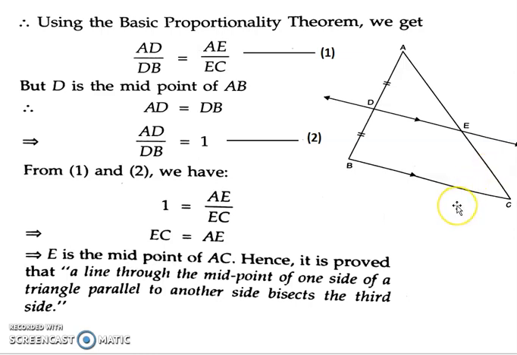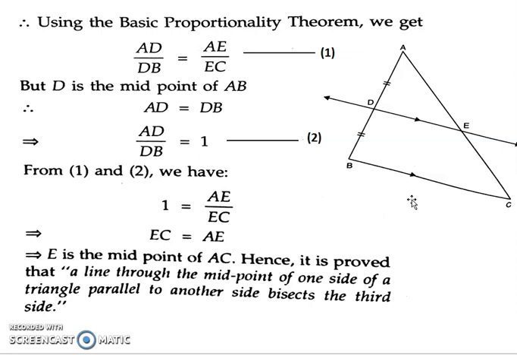Okay, so it is already given that AD and DB, these two sides are equal. So if I find a ratio, that ratio must be equal to 1. Right? Because AD and DB are equal. So when you are putting two equal quantities in numerator and denominator, 4 by 4 or 8 by 8, it will give you 1 only. So therefore, the ratio AD by DB is equal to 1.